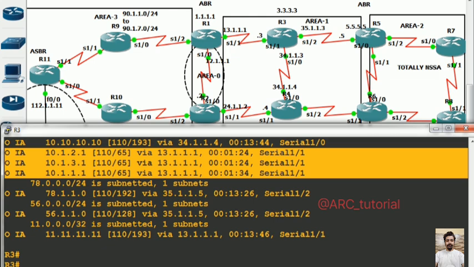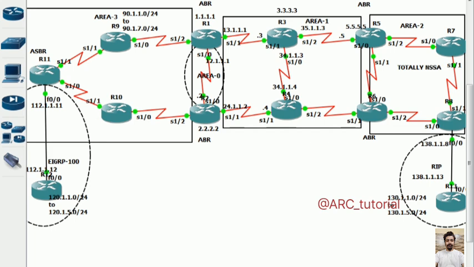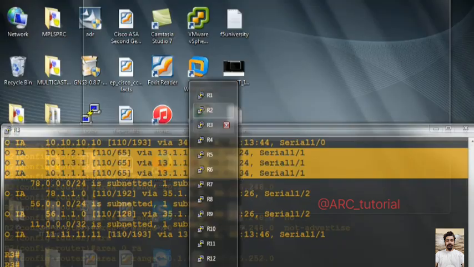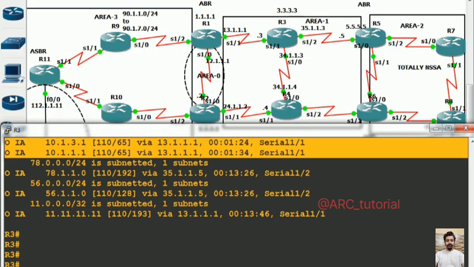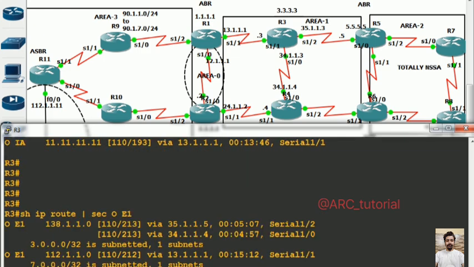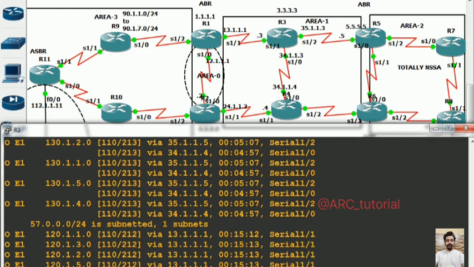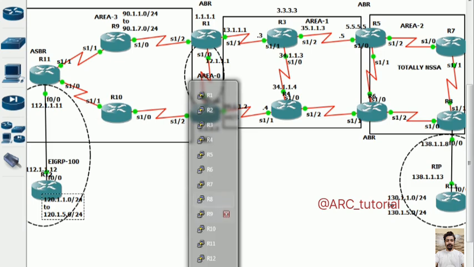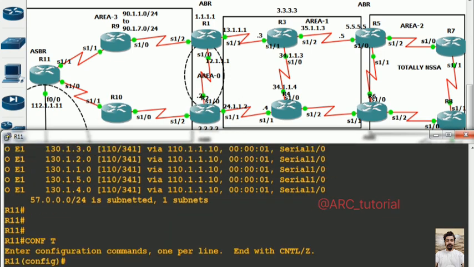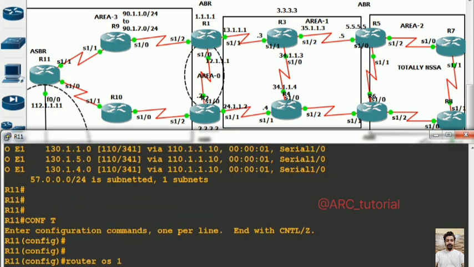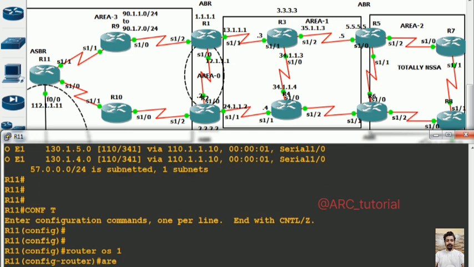See, again remember that external summarization can be done only on ASBR, and I want to summarize these 120s prefixes because if you move on R3, all these 120s prefixes are coming individually. So I will route pipe section OE1. See, all 120s prefixes are coming individually. You do one thing, move back again on R11 because this is working as an ASBR, router OSPF 1. Say summary address, and then 120.1.0.0